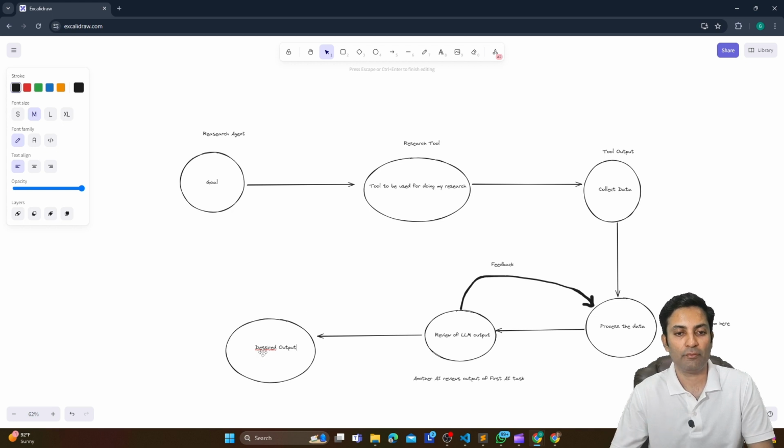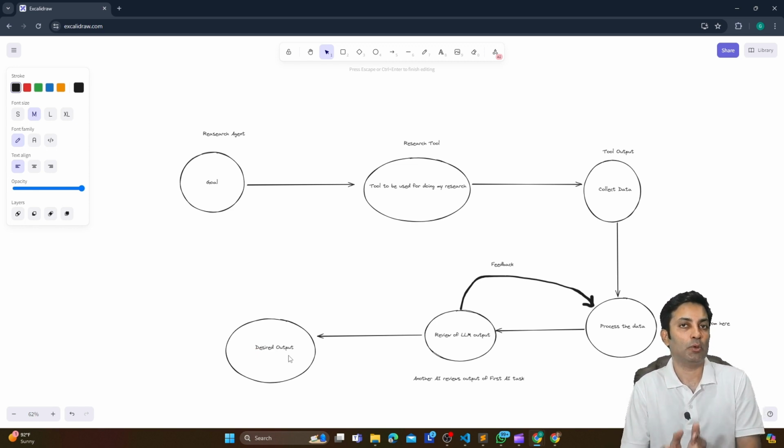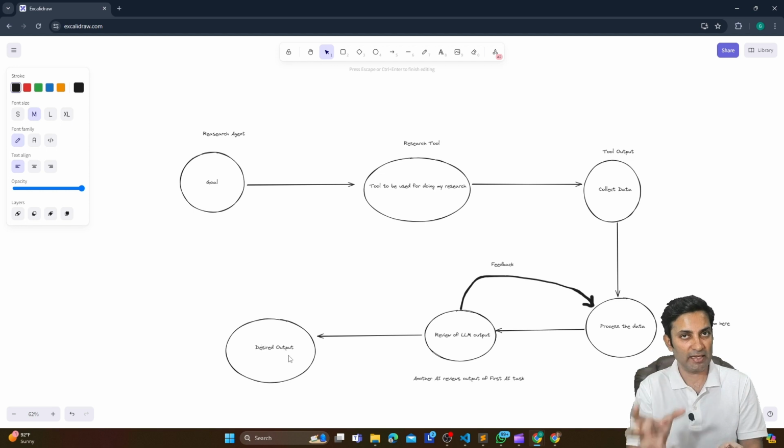So if we see here what has happened, now we got a desired output based on what my goal is, and the whole process, setting up the goal, building the agent, assume that you have already this agent built, and